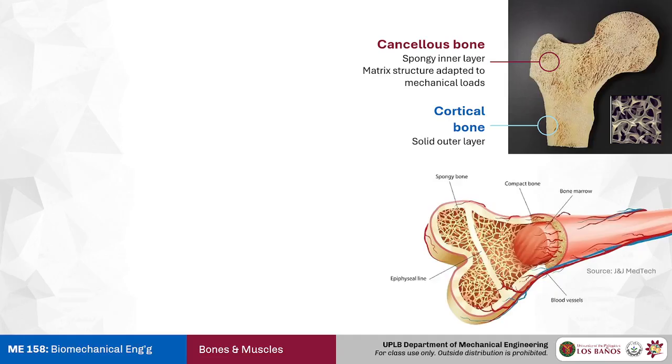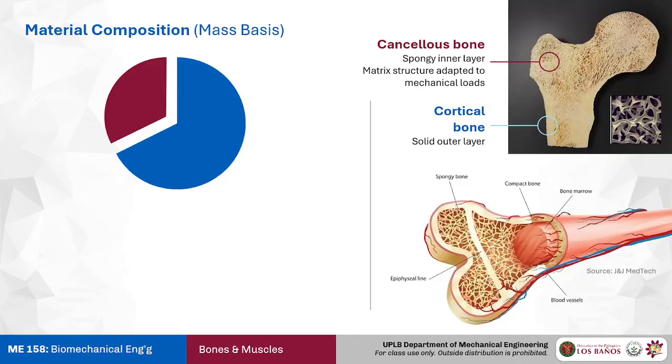Now, those are at least the general overview of the macroscopic parts of the bone. What are these made of? It's important to know what these are made of because it can tell us about the expected behavior of this particular organ. The bone is actually made up of more or less a ratio of 3 to 7. At least 30% of it is organics, mostly collagen, and this is mostly the living part of the bone itself. The 70% is the inorganic, the hard matrix of the bone.